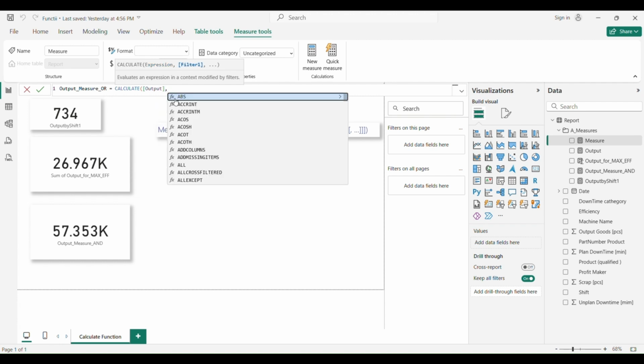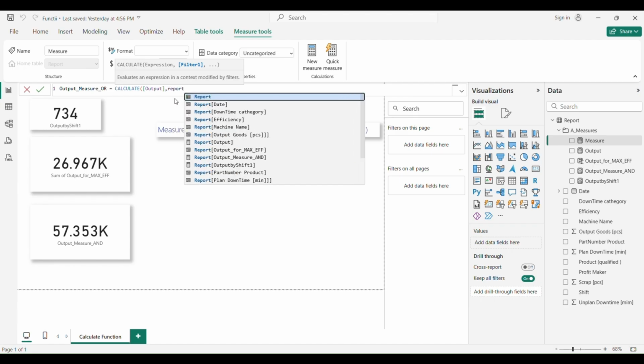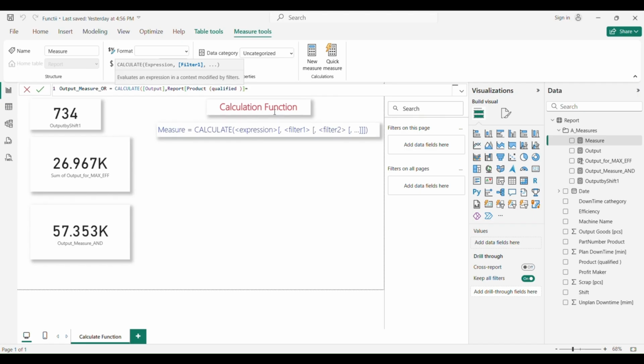And now we need to apply our first filter, which will be report product qualified, where is it? Here, which will be, for example, yes, and let me just split it.